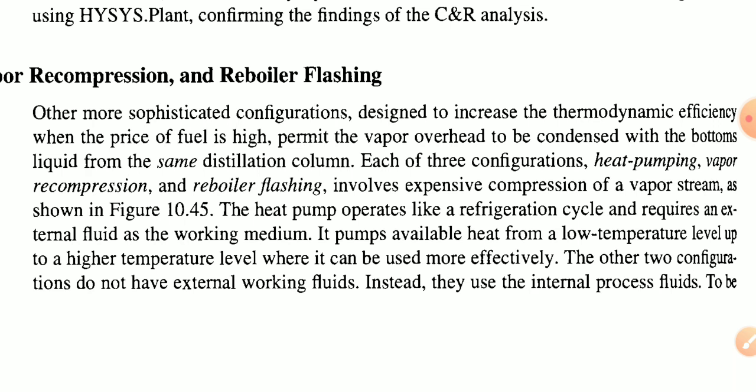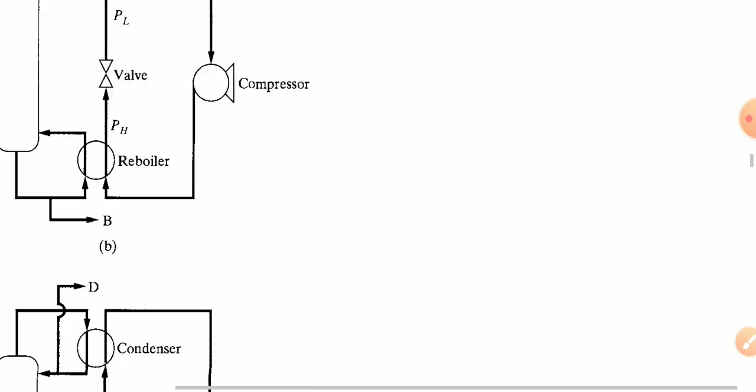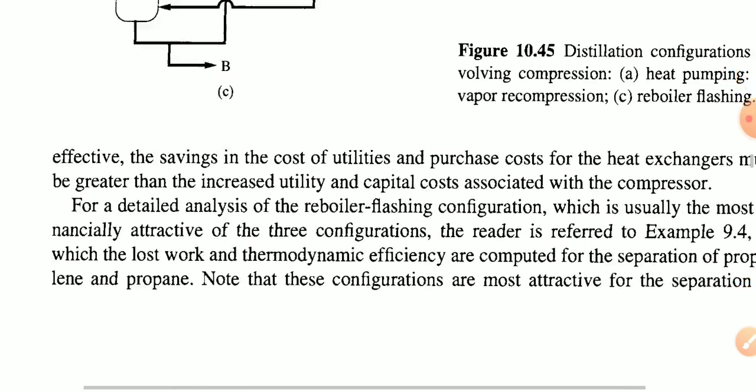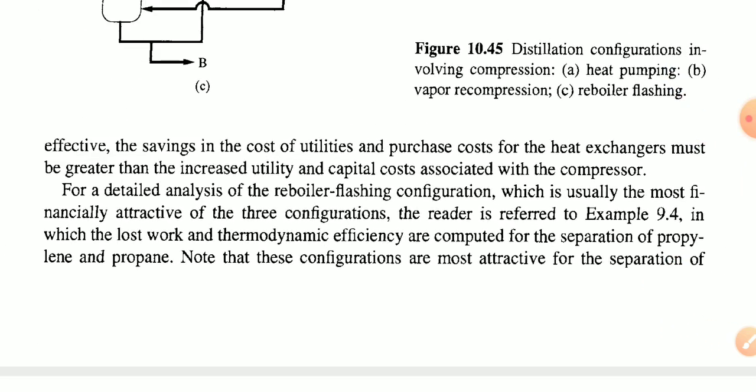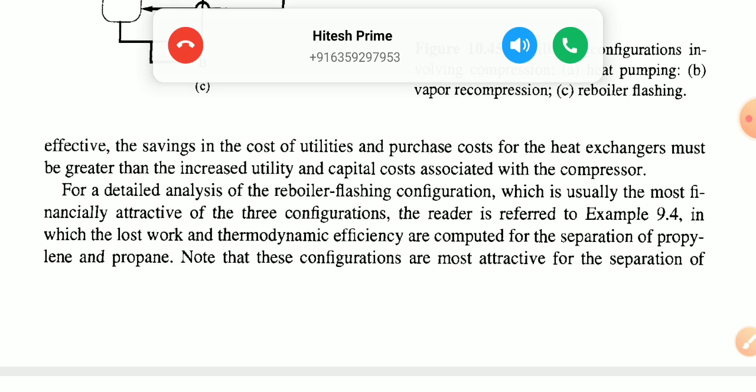Now the heat pump operates like a refrigeration cycle and requires an external fluid as the working medium. It pumps available heat from a low temperature level up to a higher temperature level where it can be used more effectively. The other two configurations do not have an external working fluid. Instead, they use the internal process fluid to be effective. The savings in the cost